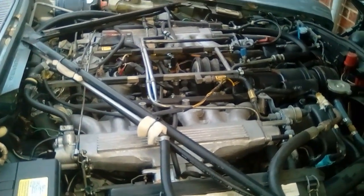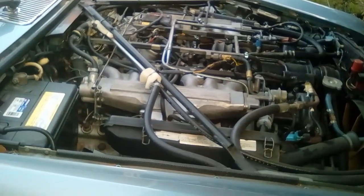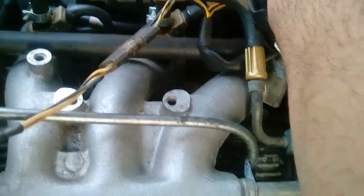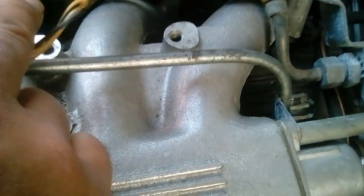Alright guys, I'm back on the XJ. So I was trying to troubleshoot some problems with this car. As you can see, some of these injector connectors were loose, they're broken, and as a result they would come loose. I was able to push them in tight and make sure that they were clicking so they were all firing,